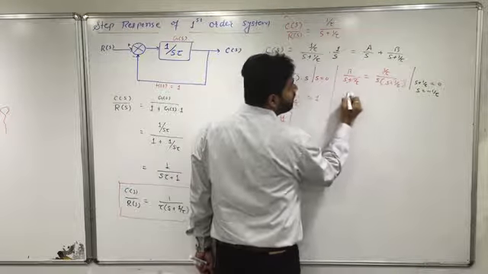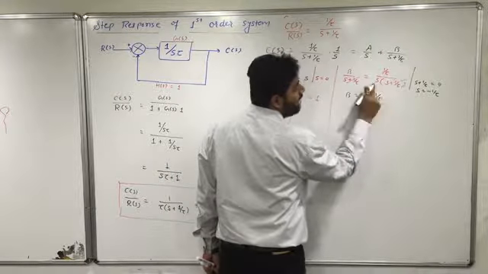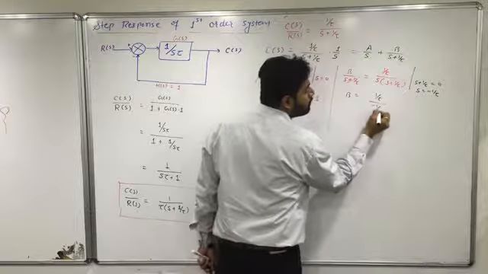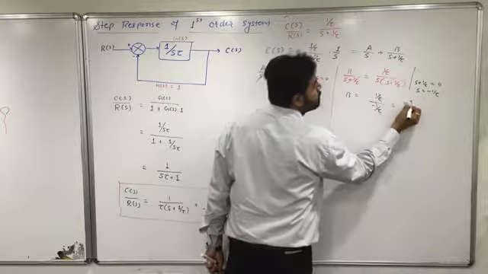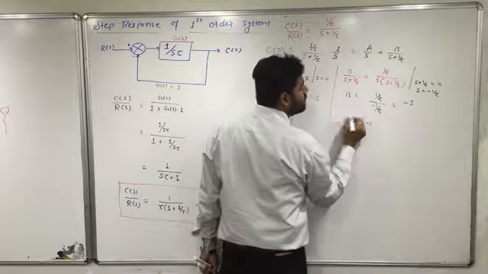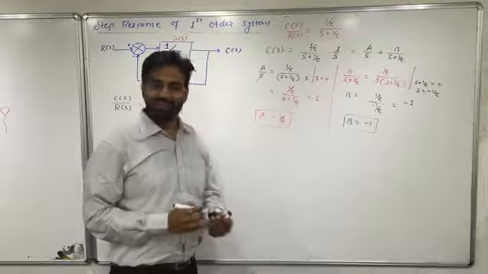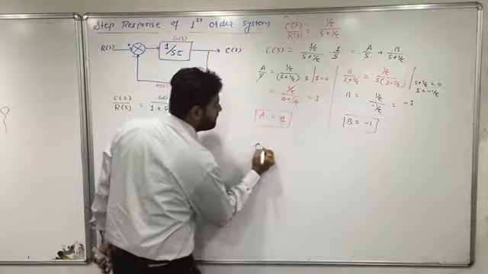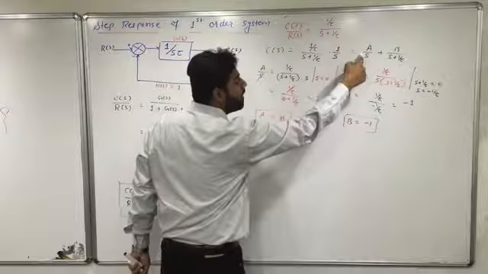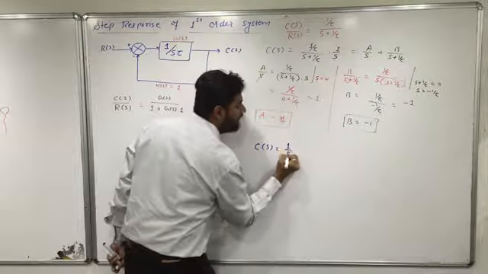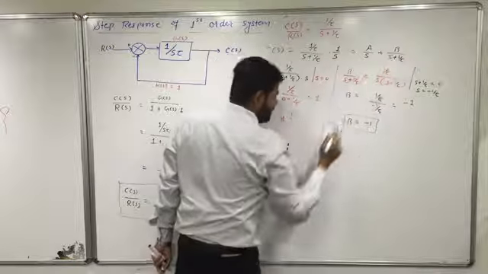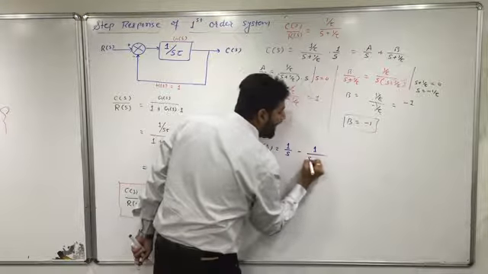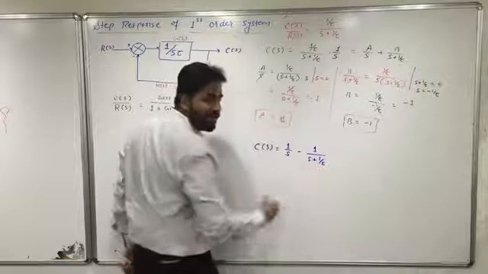So now I'll put it over here. I'll be having B, which is equal to 1 upon tau divided by s. It is equal to minus 1 upon tau. It is cancelled, which is equal to minus 1. So the value of B is equal to minus 1. Is it clear to all of you? Fine. So we can say that C of s is equal to A upon s, 1 upon s, and this is B, which is minus 1 upon s plus 1 upon tau. This is what I've got.